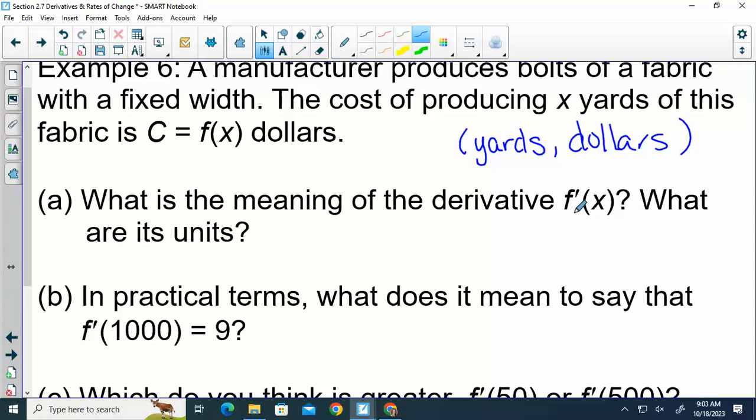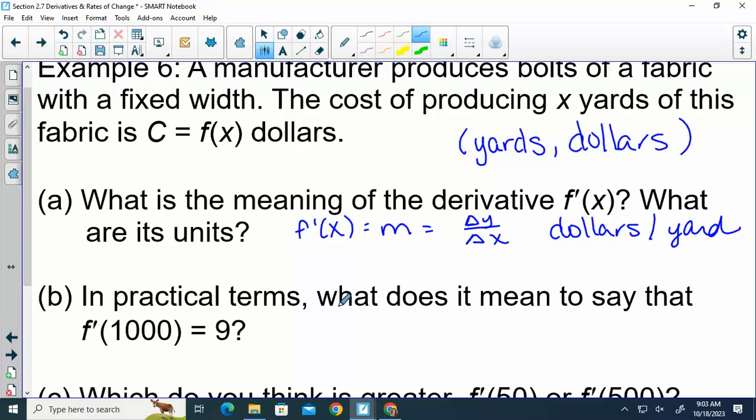y2 minus y1 over x2 minus x1. Change in y over change in x. So when you do units on a slope, it's always y per x, because it's y over x. So the units would be dollars per yard. Okay, f prime of x is just a slope, and we know slope is change in y over change in x. So it would be dollars per yard. So it gives a slope, the rate of change,